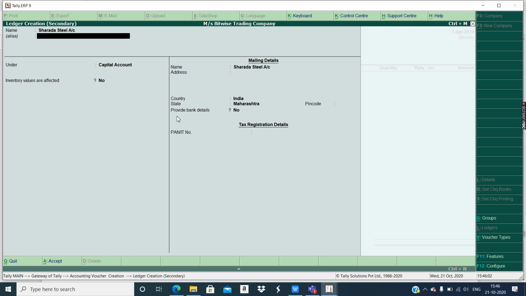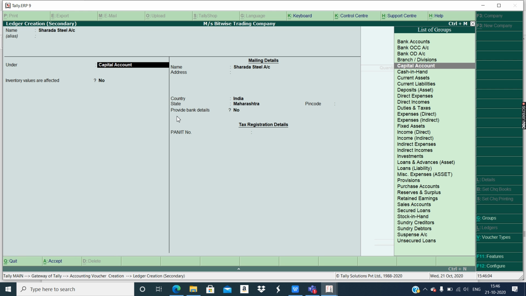Now see, we do two types of transactions: we sell something to somebody, and we purchase something from somebody. Whenever we sell some goods, the one to whom we sold the goods becomes a debtor, and the one from whom we purchase becomes a creditor.